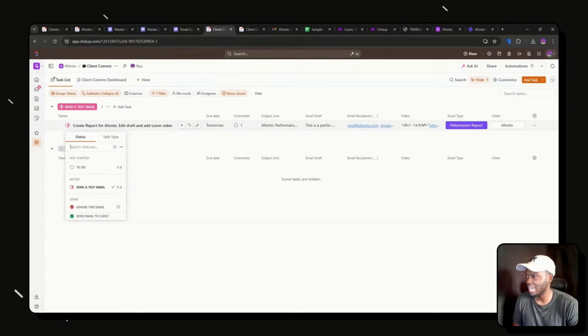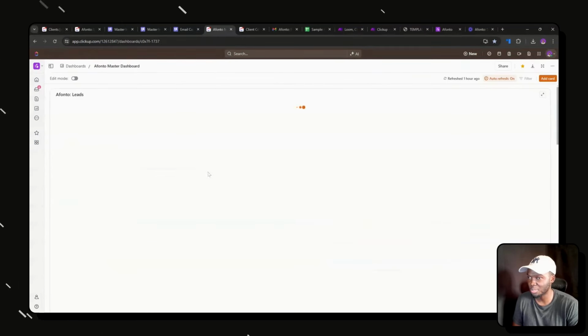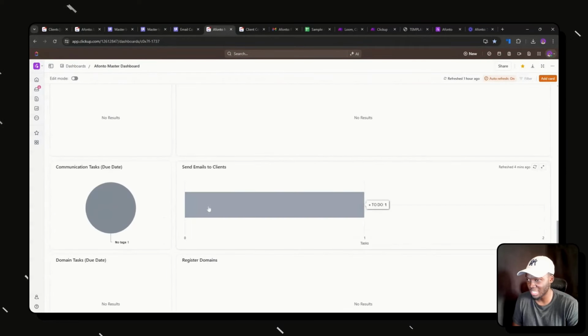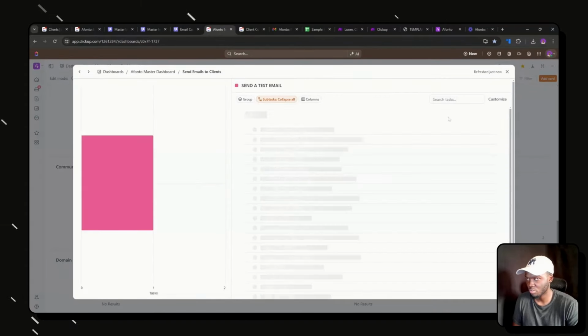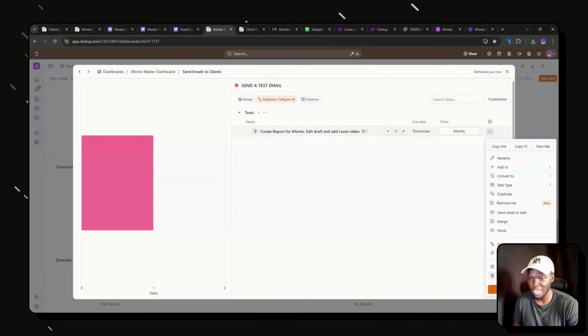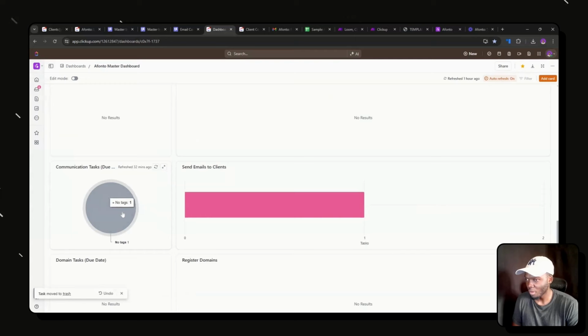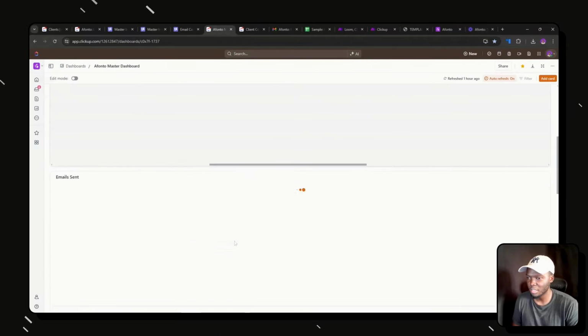When we go back to the actual dashboard, the master dashboard, we've got tasks over here, like send email to client, which I'm not actually going to send. Oh, it's here, right? So I'm going to delete this because I don't want to actually send it. And when I refresh the page, once that has happened, we've sent all of the emails we need to send. We scroll down a little bit more,